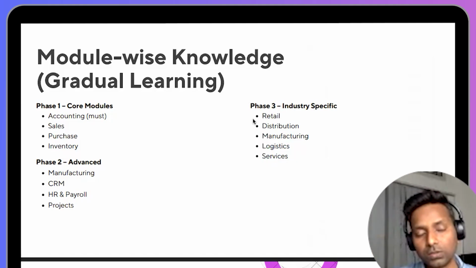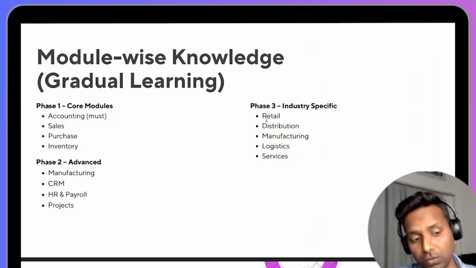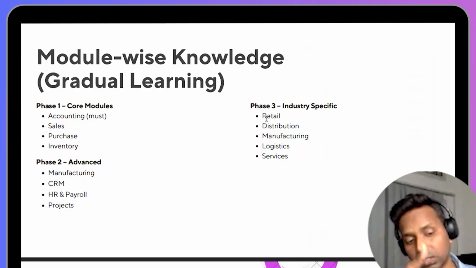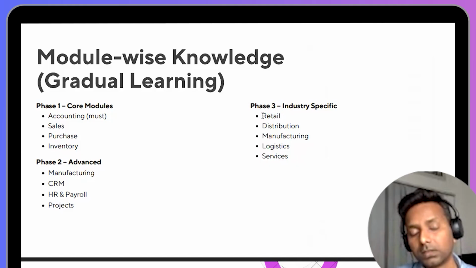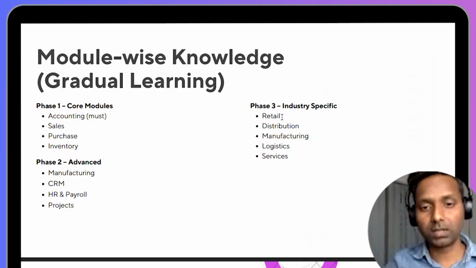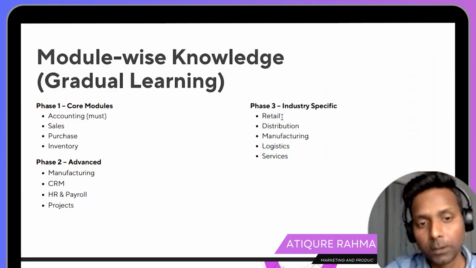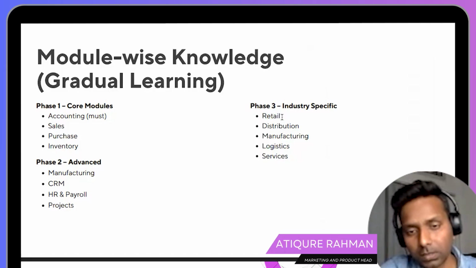Okay, so whenever you see any ERP, or you want to become a consultant and target retail industries, you have to make sure that whatever ERP you are using is very expert in the retail industry, has implemented it, and that all the operations are supported by your ERP. Like in AQ 360, we have all the modules, and we have a very good implementation track record in the retail market.